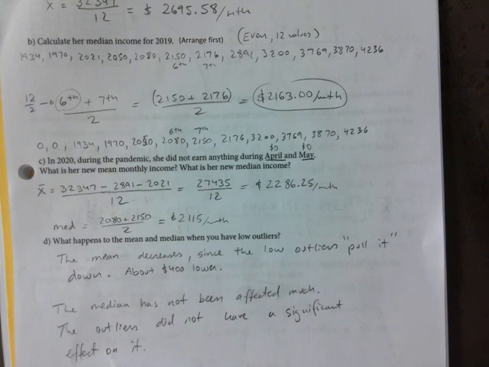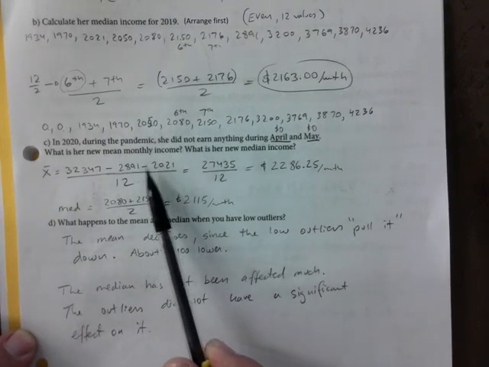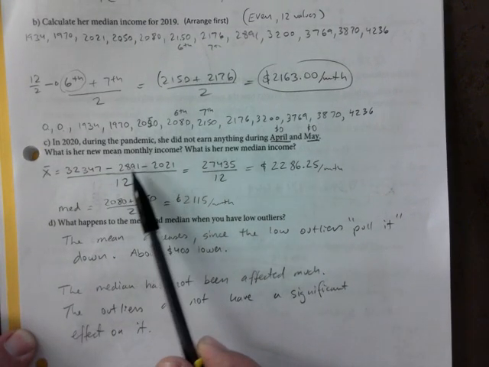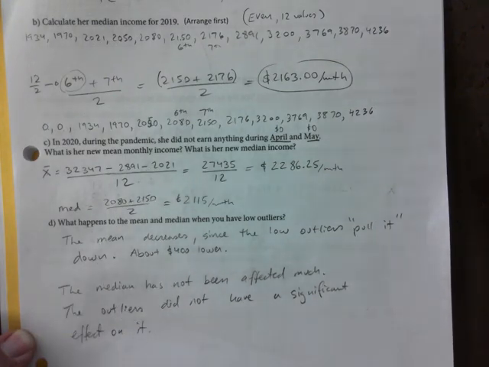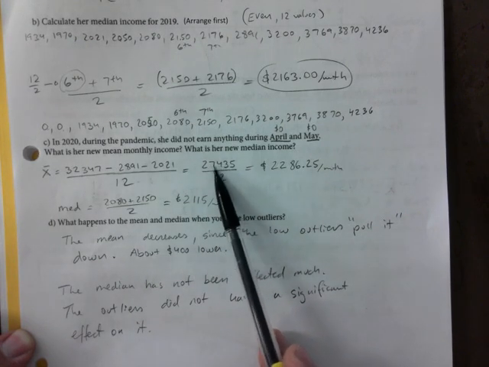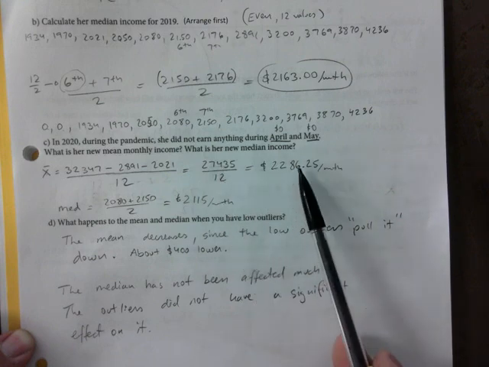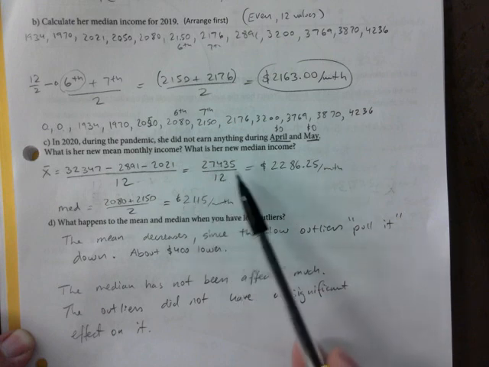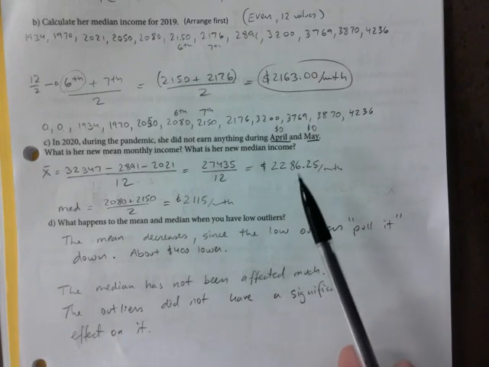It's just that April and May now turn to 0. So we still have 12 months, but 2 of them are 0. That's why I took away these 2 months, and this basically gets rid of those 2 months, it's just as if you added 0 plus 0. You did 10 months, in 10 months you earned this much, but we split it over 12. And so now your new average is 2286, and we did expect,